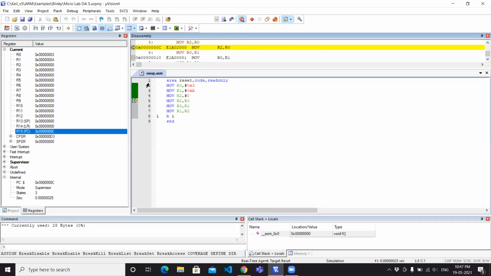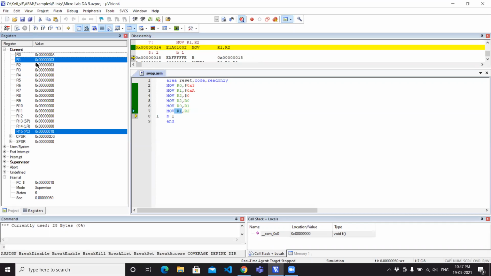Okay, so we are taking the temporary variable R2 as 0, and after that we are swapping this value between R0 and R2. So we are taking the R0 value to R2. Okay, after that we are copying the R1 value to R0, and at the end we are copying the value of R2 into R1.